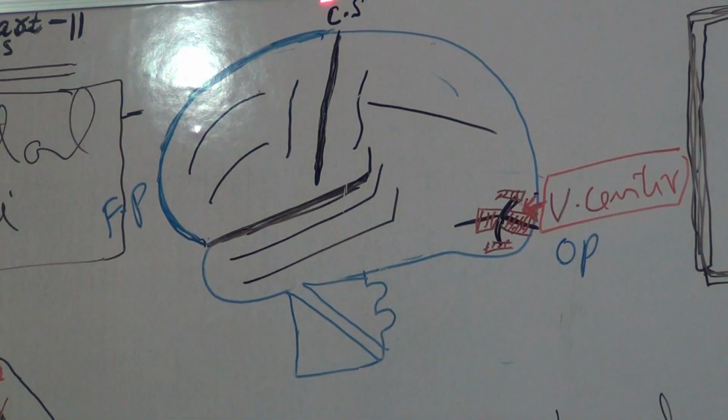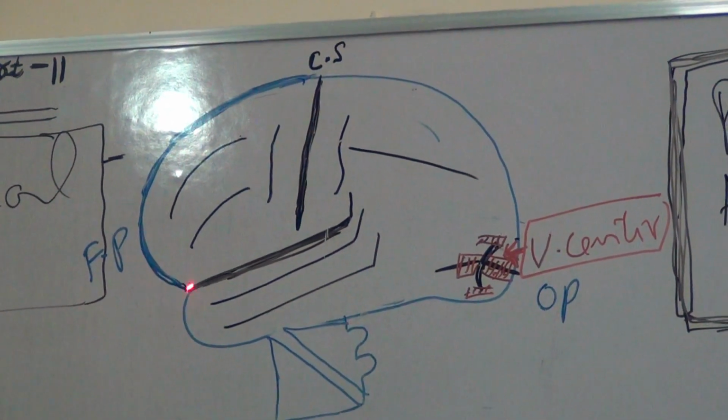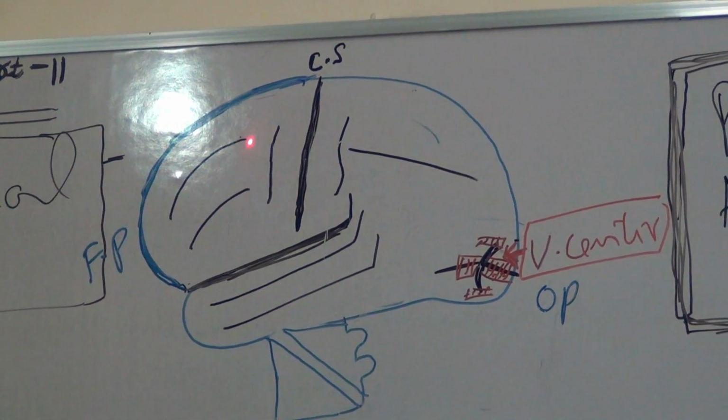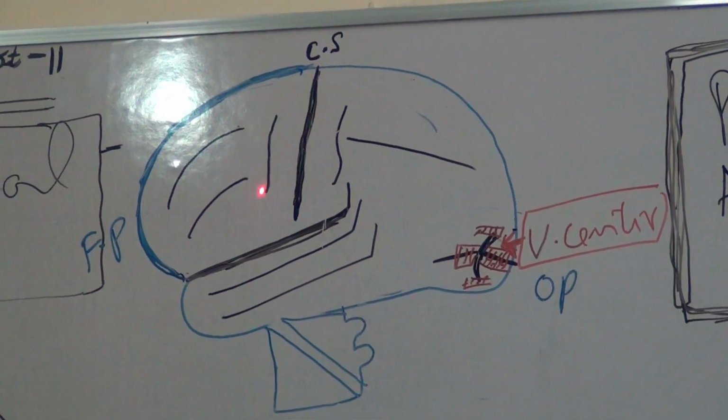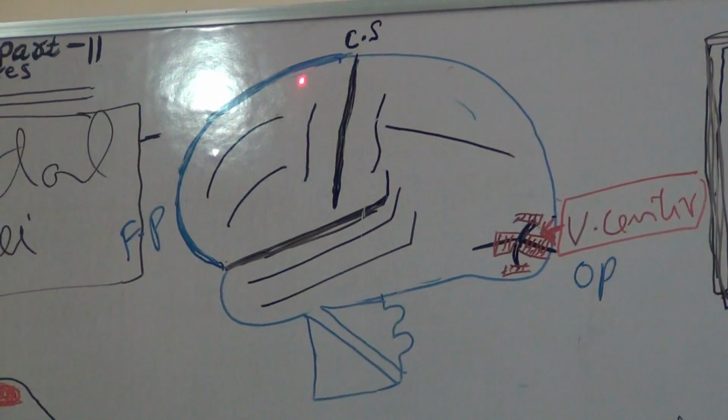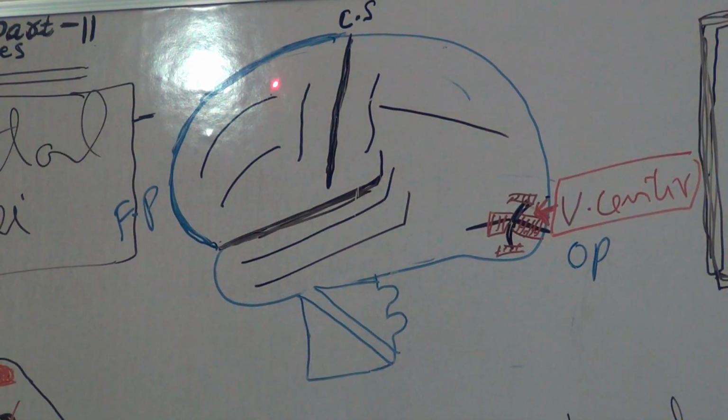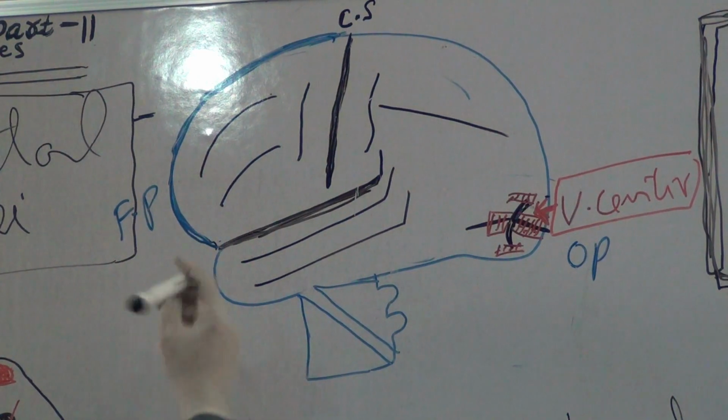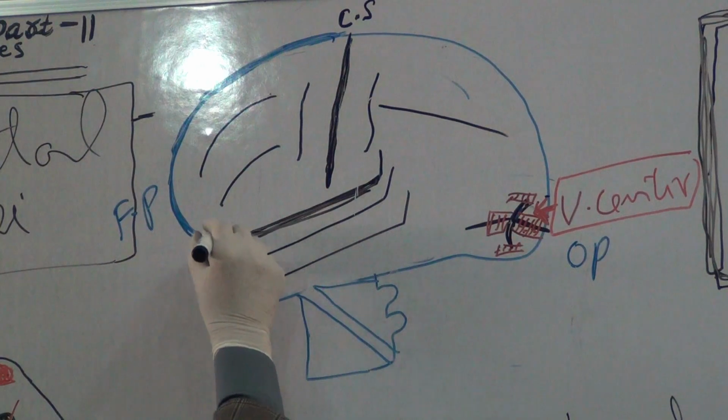The gyrus between the central sulcus and the precentral sulcus is the precentral gyrus. The rest of the superolateral surface is traversed by the superior frontal sulcus and inferior frontal sulcus, dividing it into three gyri: superior frontal gyrus, middle frontal gyrus, and inferior frontal gyrus. Here you know is Broca's area.